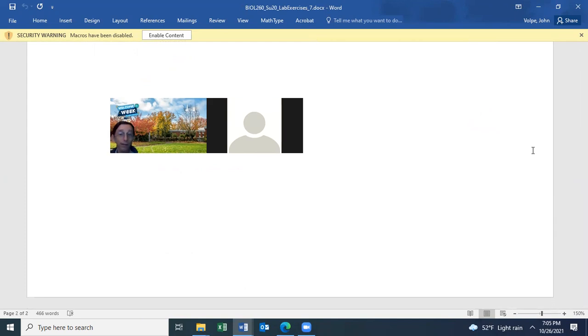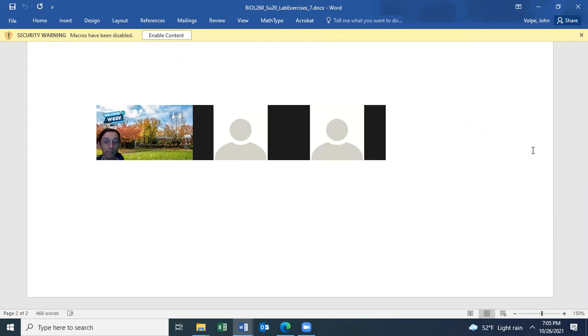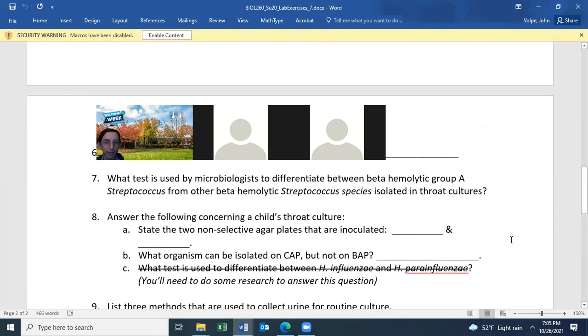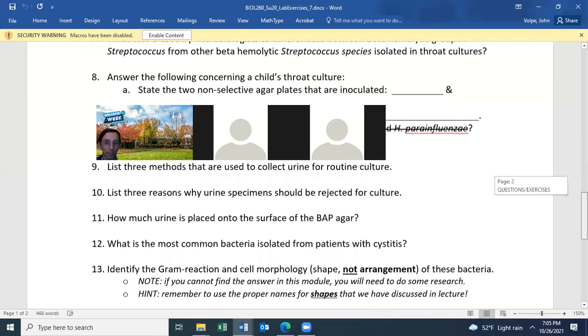All right, any questions? Do we not have to answer 8C since it's crossed out? That is correct. I left it in there, but I crossed it out because it's not discussed in the lab. You'd have to do research to find it. And I just said, you know, it's not important, I'm crossing it out. Okay. You don't need to do 8C. Good question.